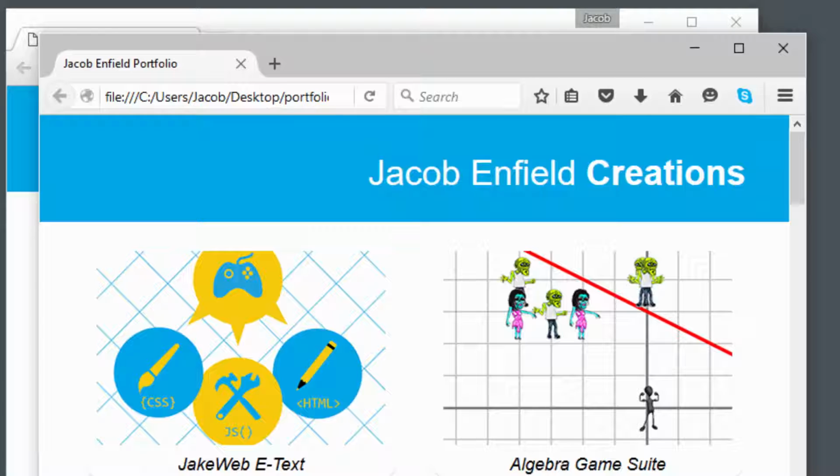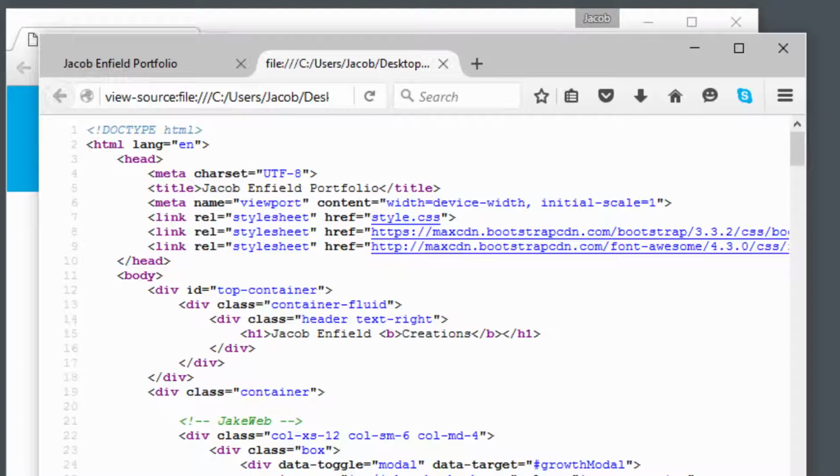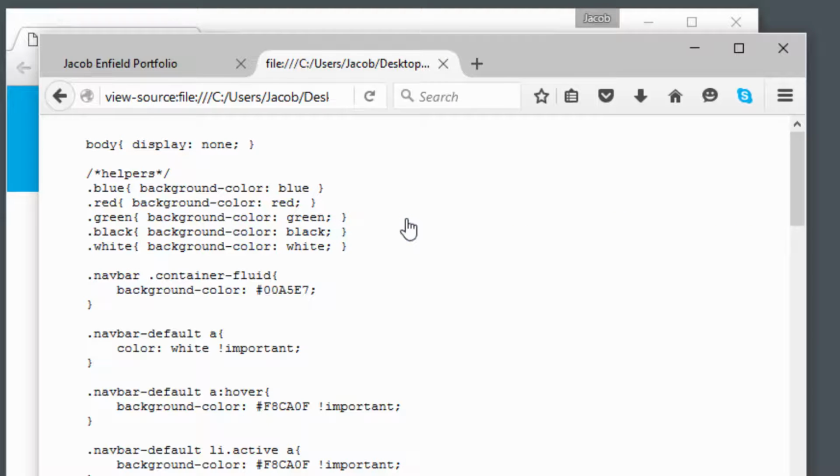Now we are looking at the same web page as before. The only difference is that we are using a different browser to read the index.html file and display the page. In this case, we are fortunate that the web page is displayed almost exactly the same by both browsers. To view the page source in Firefox, we again right-click on the page and select View Page Source. And voila! The source code is revealed to us. In Firefox, we can access files that the web page is linking to simply by clicking on them.